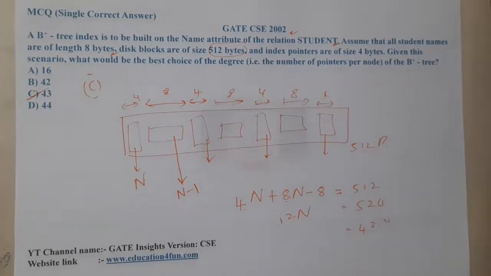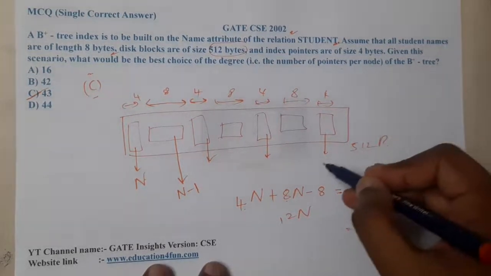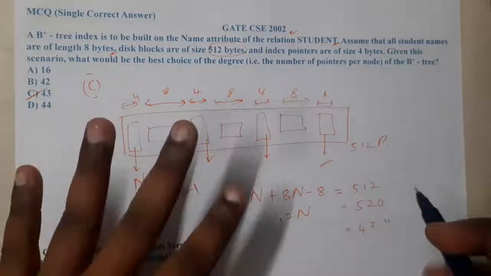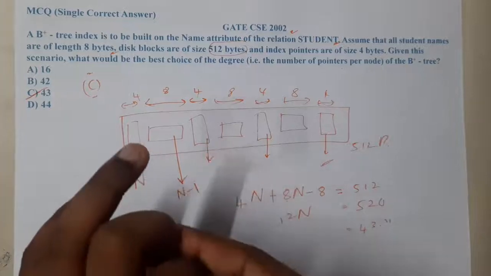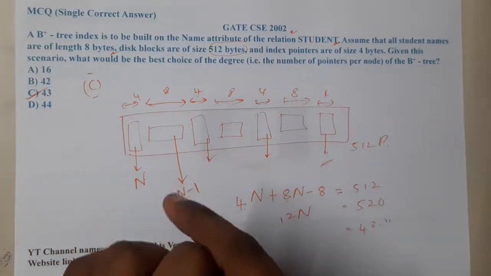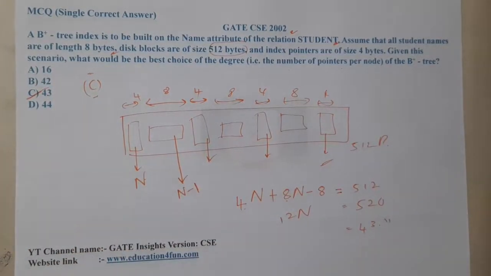That's it. I hope everyone got a clear idea on this. In the next lecture, let us continue with the next question. Please try to remember these structures, guys. We have only 4 structures: internal node of B tree, leaf node of B tree, internal node of B plus tree, leaf node of B plus tree. I hope everyone got a clear idea with respect to this.